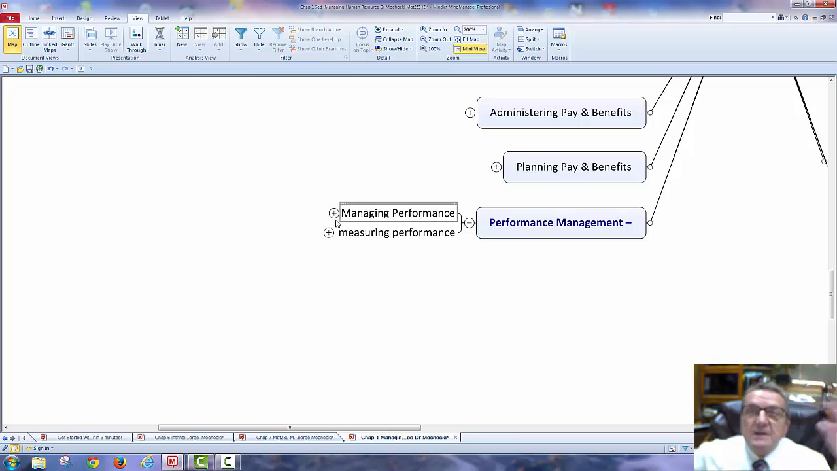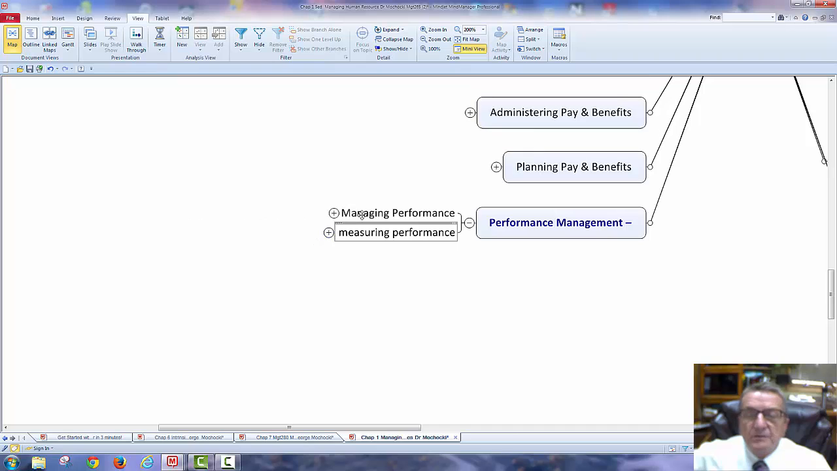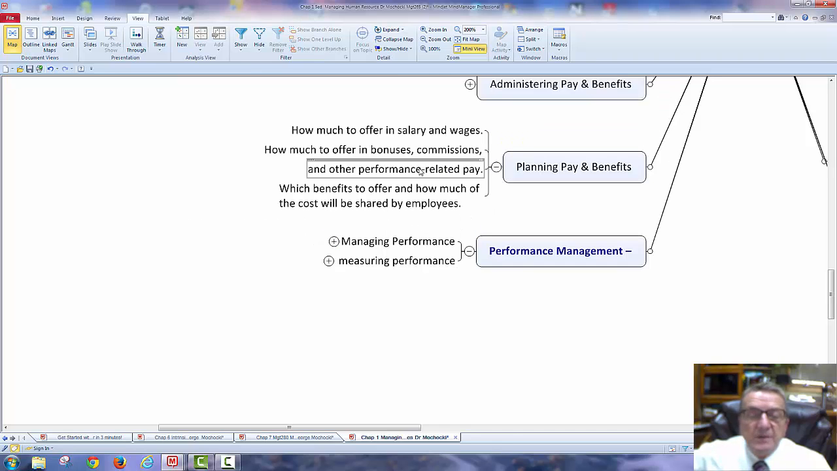You need to understand what is going to motivate them, not what management thinks. What do the employees think is important over the pay? You're going to talk about Maslow and Herzberg and all that. Output matches the goals, okay? Planning and benefits. You have to make sure how much to offer in salary and wages to be competitive so